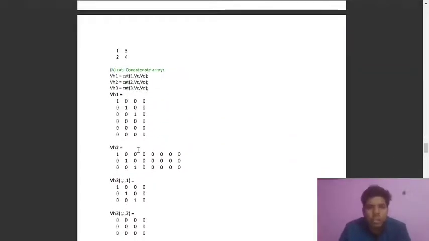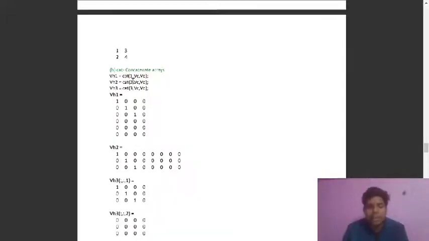So we are concatenating two arrays. We will use cat. Here we are assigning vh1, a variable name I gave because this was the H part of the question. We are using cat, and the first argument gives the dimension along which we have to concatenate the arrays.